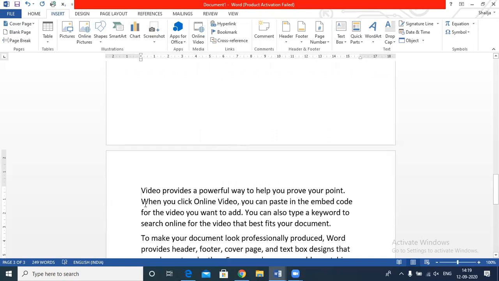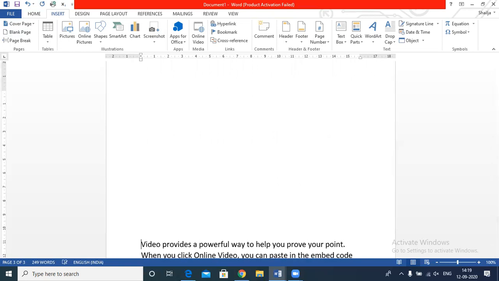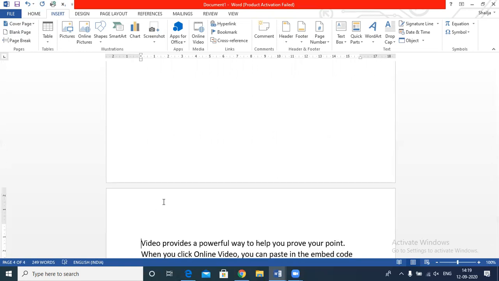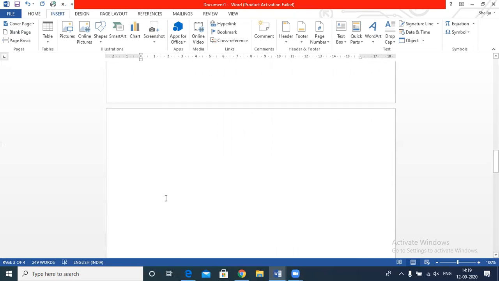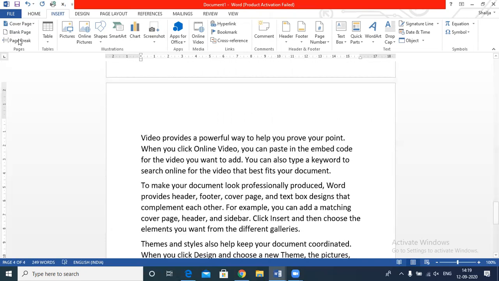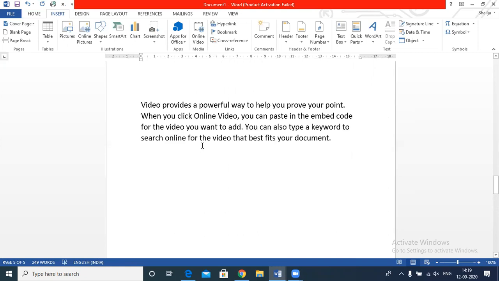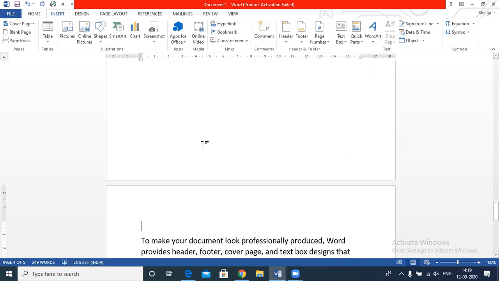What is the other way? You can press enter, and it will move you to the next page and one blank page will be added. The other option available with us is page break. What is the meaning of page break? For example, you wanted to shift all the data after this particular paragraph to another page. This particular thing is known as page break. You can put your cursor here, after which you wanted to shift your data to the other page, and you can click on page break. So what it has done, it has shifted all your data to another page.